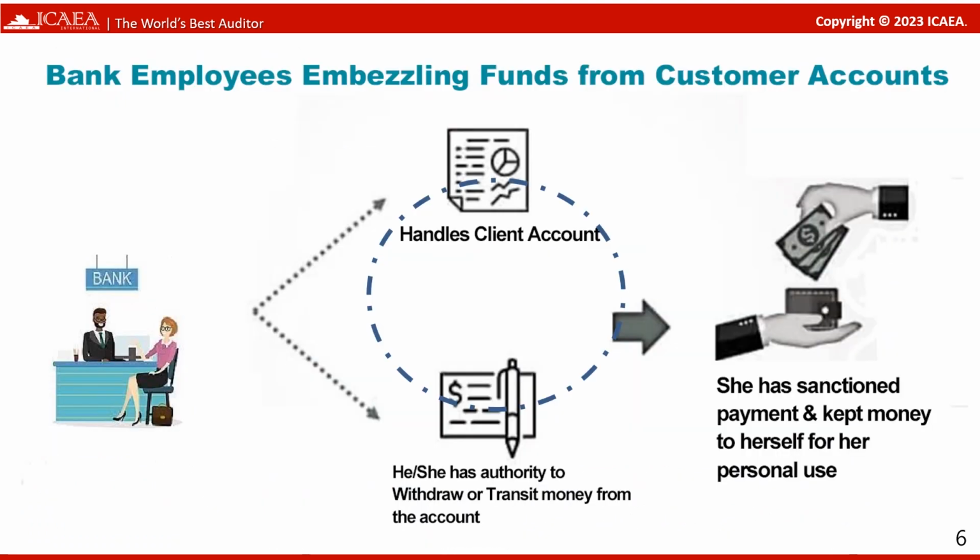The bank employee embezzlement fraud contains two phases. One is handling client accounts and the other is acquiring authority. Many fraud patterns have been discovered, but new ones are continuously emerging. Behind these are human behaviors, and there are several fraud theories that can be discussed in this context. As the Chinese say, virtue is 1 foot tall, the devil 10 feet. Smart auditing will be a good solution for auditors to solve this problem.